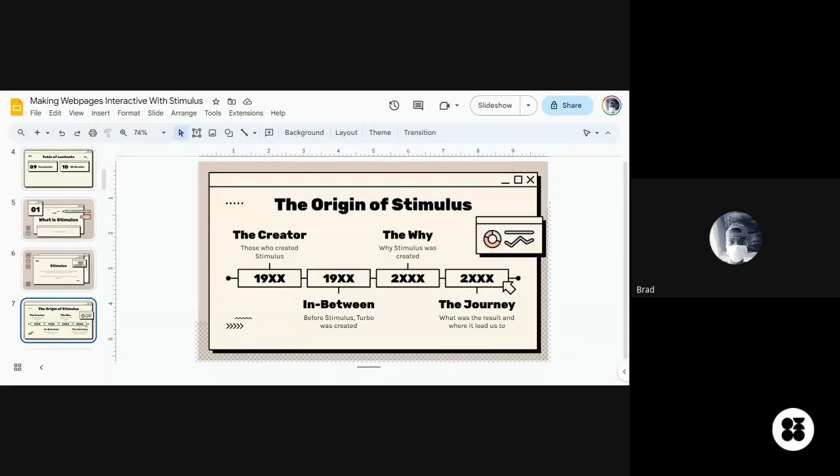Stimulus was not created to create a competition, because they would have failed. They would have failed because we had a stronger community when it comes to React, or a stronger community when it comes to Vue, even Angular, for those people that love Angular. If they wanted to create a product that would bring about competition, they would have really failed because they wouldn't have been able to keep up in the market. So I think we understand the why. But if you don't, you can just draw my attention back to it in the question.